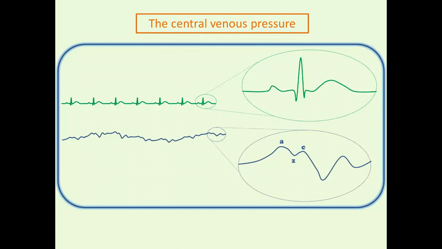or for my friends in the True North Strong and Free, we would call this the Z point, and this is end diastole. So this is actually here your end diastolic filling pressure. This is really the true filling pressure of the heart that you want to know, again, at end expiration. So if you wanted to measure a true CVP, you would wait for this undulation to signify end expiration, and then at end expiration you'd look for the Z point, or conversely you could freeze the monitor and correlate that with the onset of the QRS, because that's the onset of systole, and that would represent your true CVP, your true vascular distending pressure prior to the